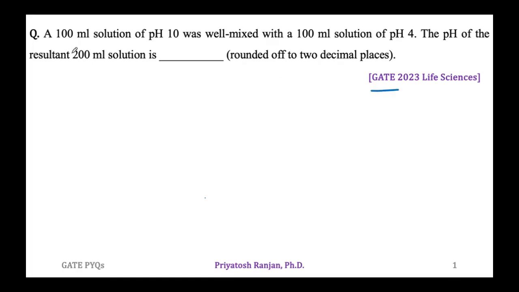The question is, a 100 ml solution of pH 10 was well mixed with a 100 ml solution of pH 4. The pH of the resultant 200 ml solution is, and we need to report our answer up to 2 decimal places. So as we all know, pH we can calculate using this formula, pH equal to negative log